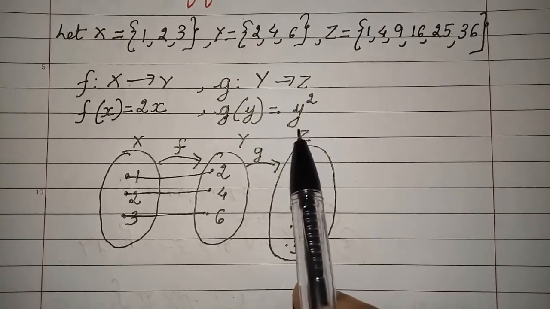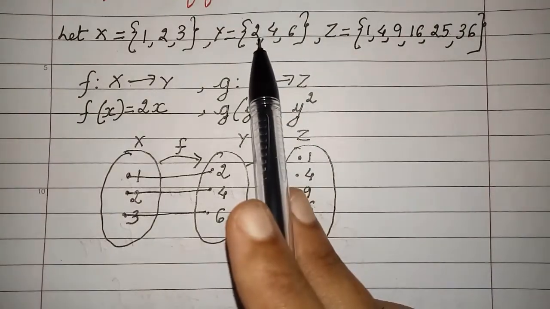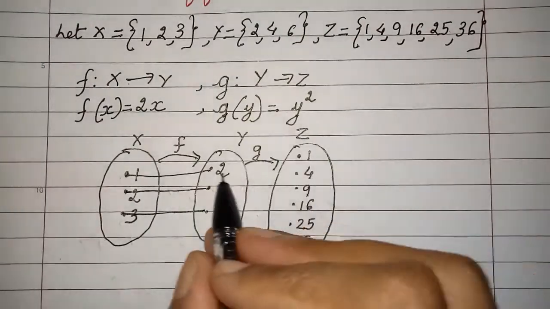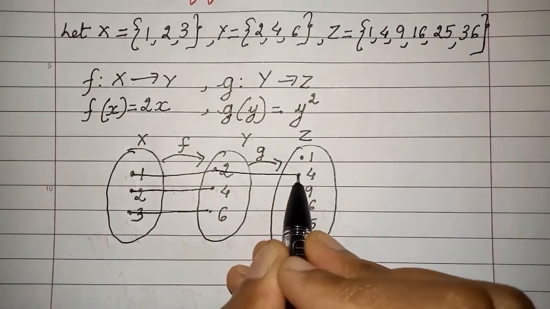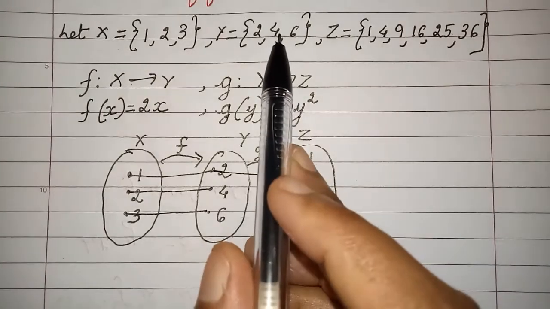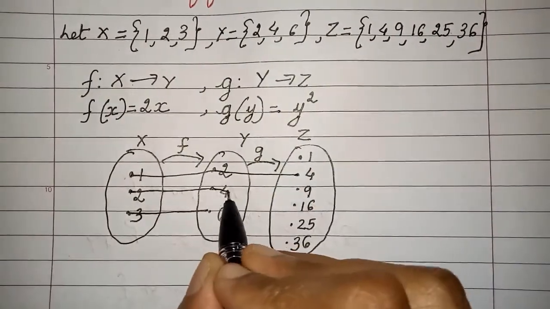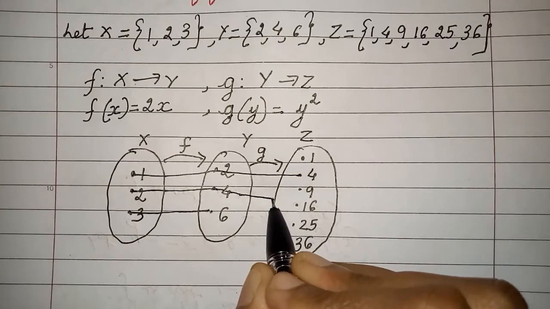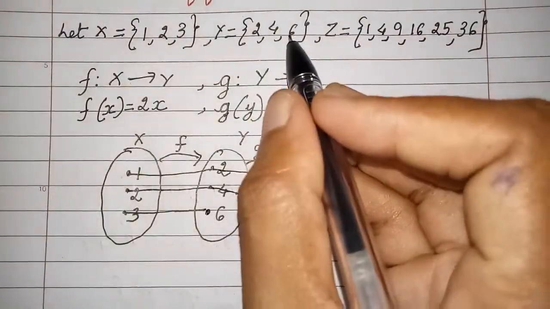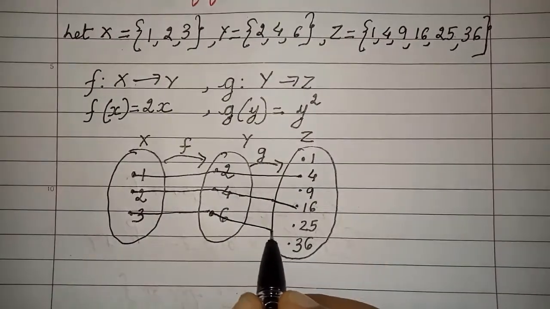Now in the same way let us go from y to z. I am going to take values of y from my domain, which is strictly 2, 4 and 6. So what will happen here? y goes to y square. So 2 will become 4. The next value here is 4, so 4 will become 16. And the next value here is 6, so 6 will become 36.